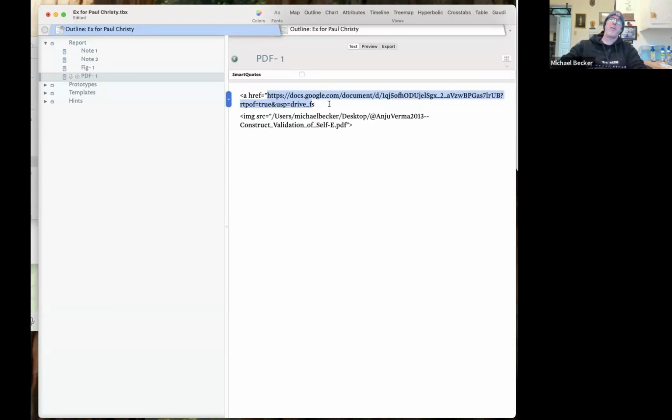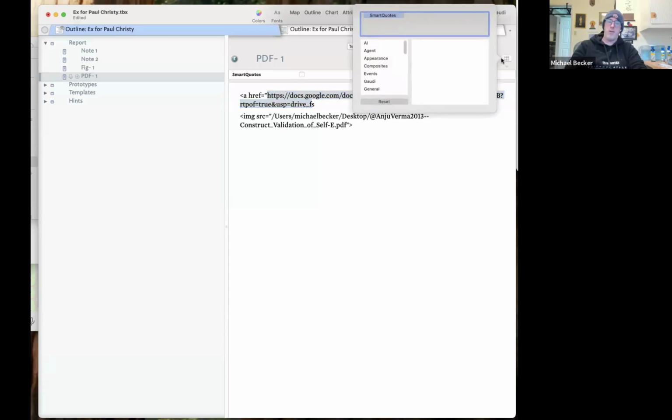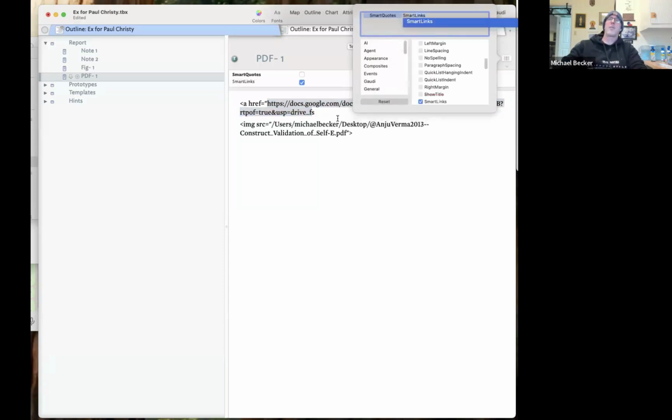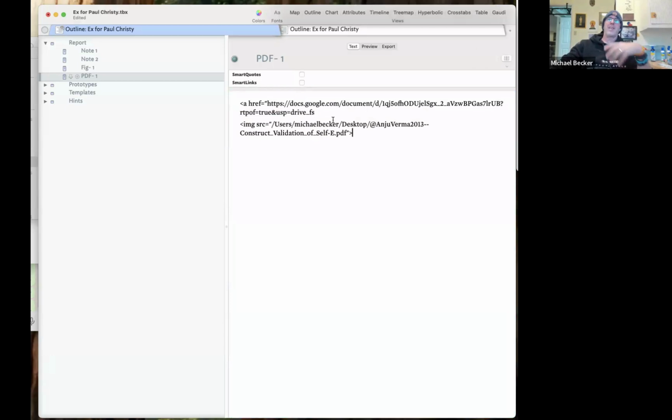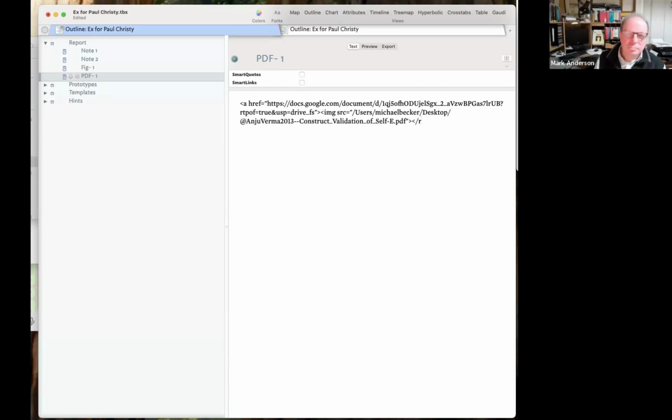Shoot. Okay, see how that link just turned smart? For other people that need to know this, you've also got a concept called smart links. So if you don't want links to automatically get linked by Tinderbox, you can turn off smart links, and that will keep them from getting turned on, which honestly is very important because if you're writing in Markdown and the link is live, more often than not, your Markdown